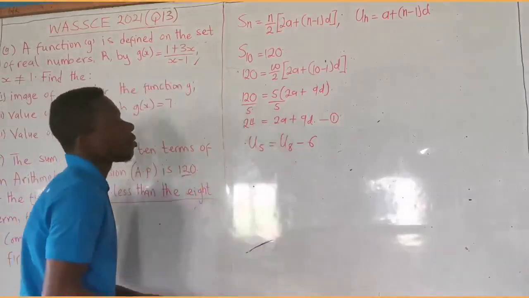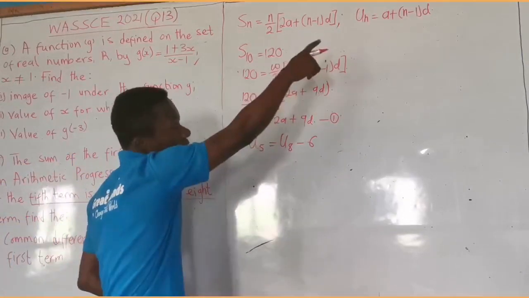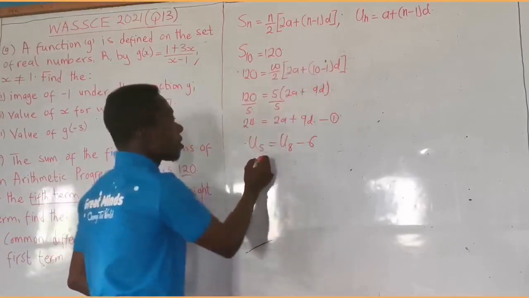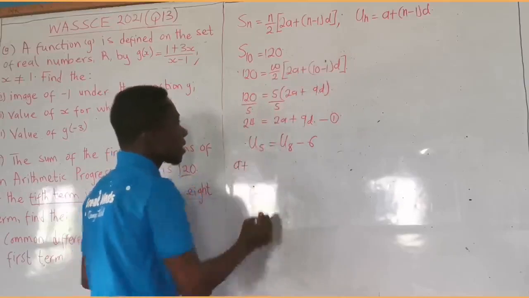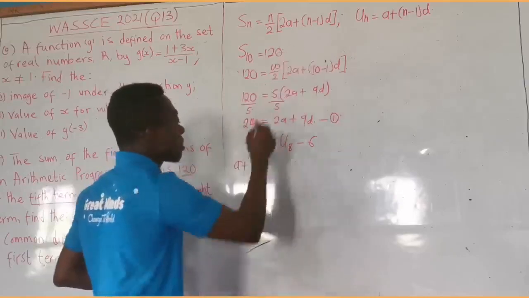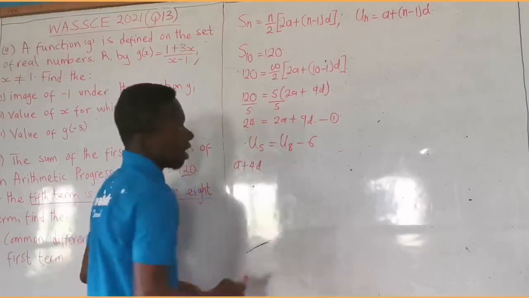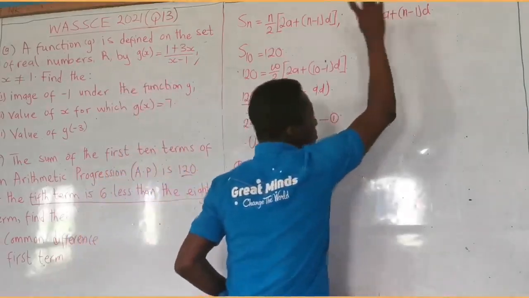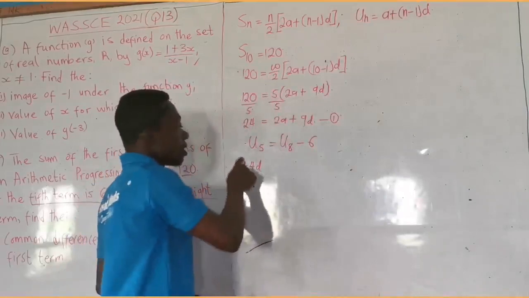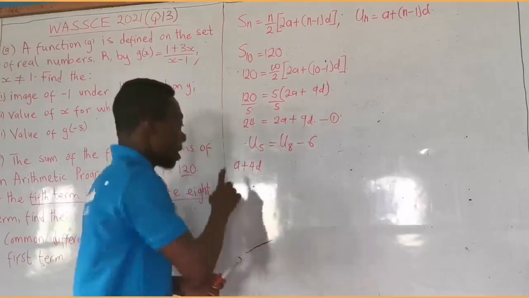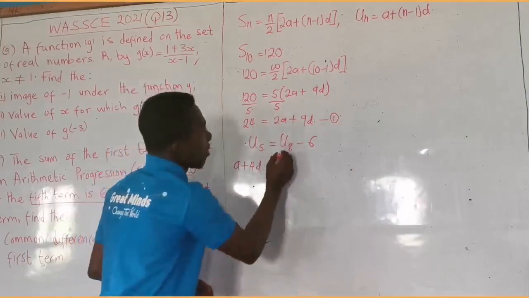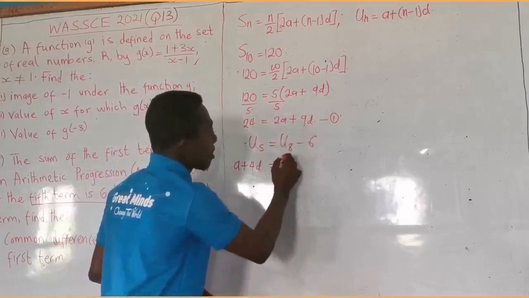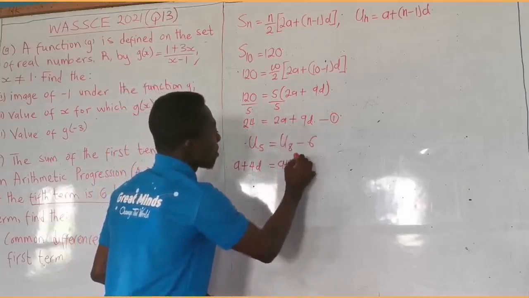Good. So to find this, that's the formula up there. So you're going to have a plus, and I know the number is 5, so you're going to have 4d. I substitute 5 here, 5 minus 1 will be 4, so we add it to a to become a plus 4d. And this is equal to the same thing for the 8th term, which becomes a plus 7d, and is equal to